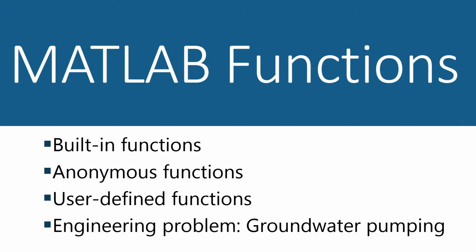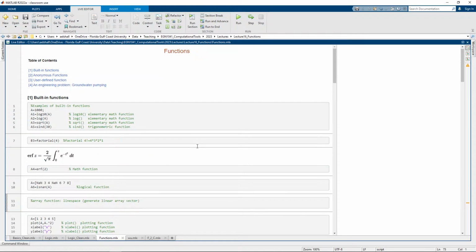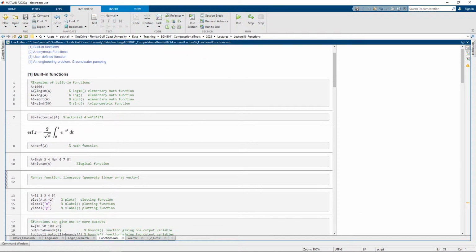Welcome. In this lesson we will learn about MATLAB functions. We've already seen a lot of built-in functions. We will review some of them and then we will do some user-defined functions and we will solve an engineering problem. Let's start. So we've already seen some built-in functions like log, like length, like square root, like sine in